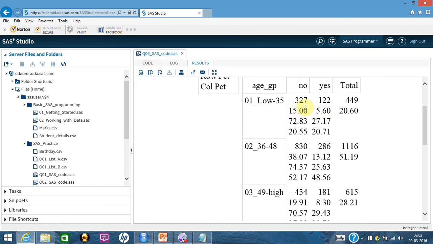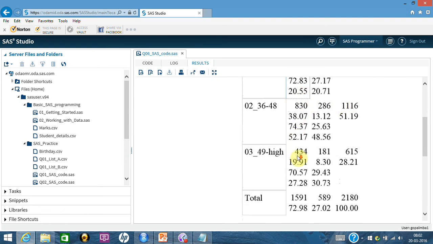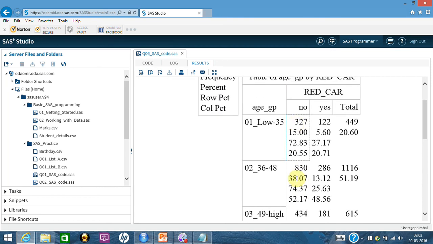So this is cell percentage. This is row percentage. If you see, 72.83 plus 27.17 will become 100. And you have column percentage also, 20.55 plus 52.17 plus 27 will become 100. So it has given you everything that you require.